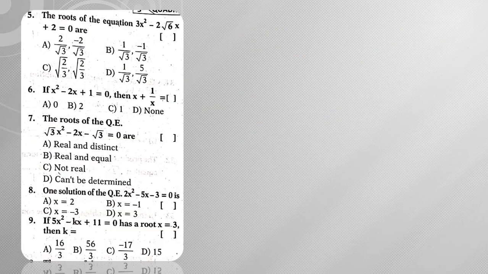The roots of the equation 3x square minus 2 root 6x plus 2 is equal to 0 are, right? So here you can directly go with the option verification, so that is better, because here two roots are asked. So from that, how can we check? Check the sum of roots and product of roots. So what is the sum of roots here? The sum of roots is nothing but minus of minus 2 root 6